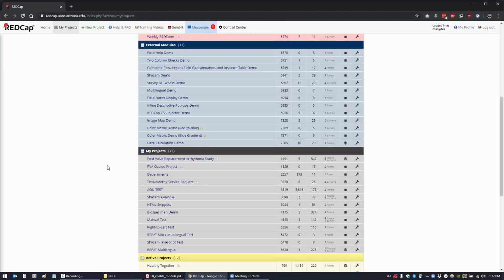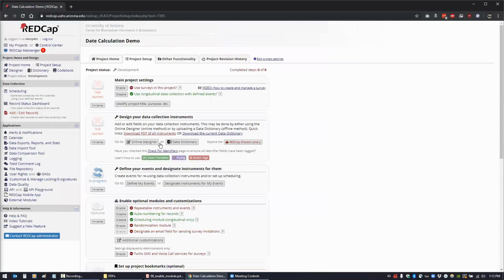the date calculation external module does that for you, and it doesn't have to be separate events. It could be in one instrument. We had a project a while back that they wanted to list the schedule of appointments for a person